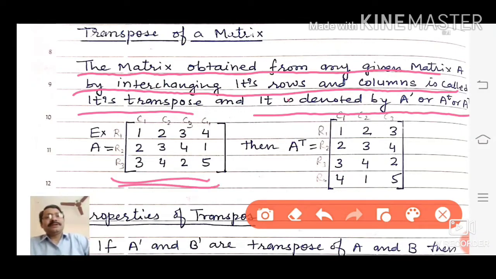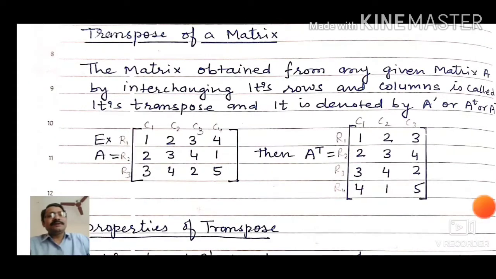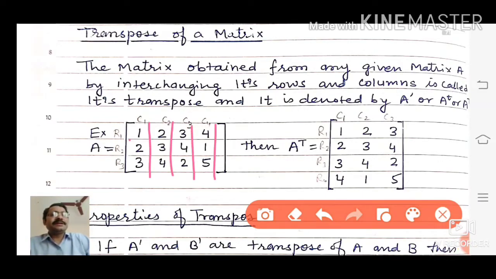Look at this example. Here this is the first row, second row and third row. These are changed into columns, first column, second column and third column, with the same numbers 1, 2, 3, 4. What you had previously in a row, the first row, you change into a column. Or you can think of it in another way: if these are the first, second, third and fourth columns, you can change them into the first, second, third and fourth rows. So you only have to interchange rows and columns. If you change rows into columns or columns into rows, you will get the transpose.